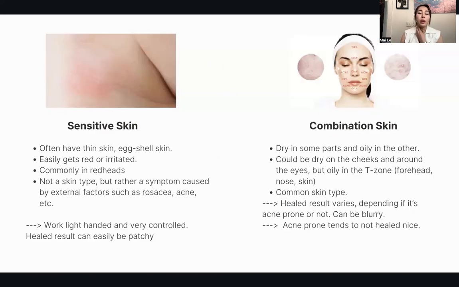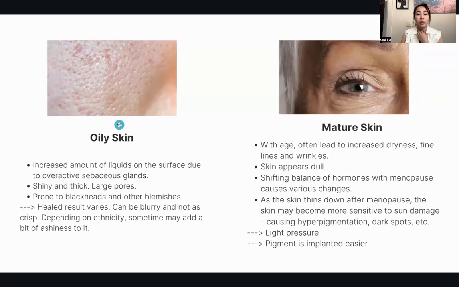Your result could be blurry because of that oil production underneath the skin, like oily skin. The only difference is that with oily skin, you'll see the skin is a lot thicker, the pores are larger, it's more shiny, they're more prone to blackheads and stuff. The healed result could be okay. It can be blurry because the pigment that you lay underneath the skin will disperse pretty fast due to